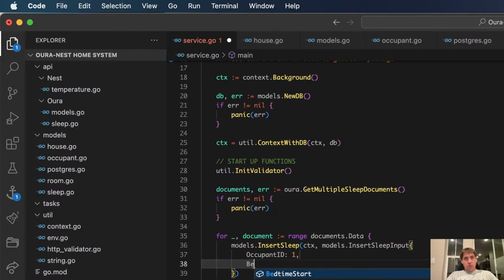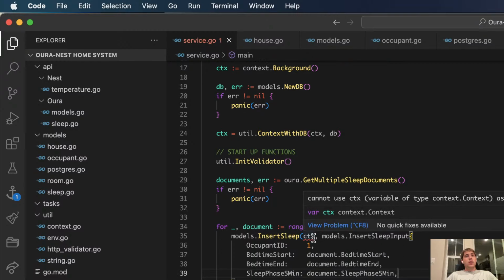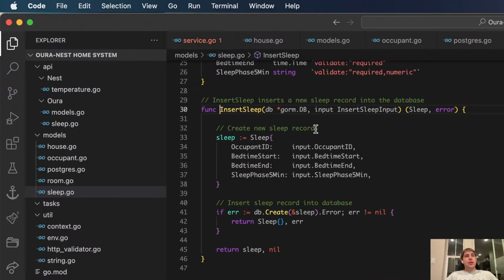And then let's say bedtime start document dot bedtime start, and then bedtime end. What was the last one? Sleep phase 5 minutes. That's right. Just roll with that. That's because I'm being an idiot again.